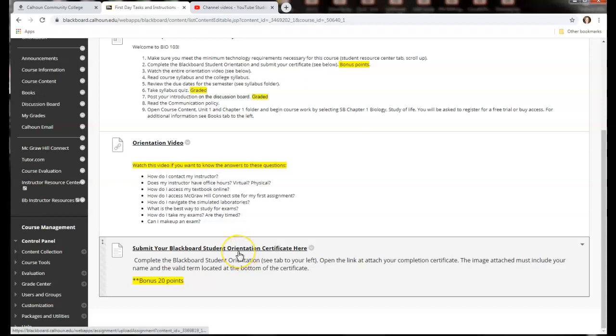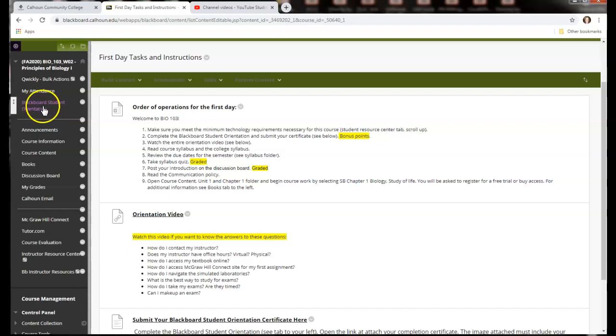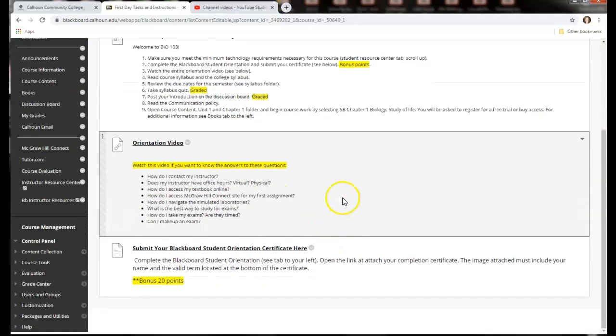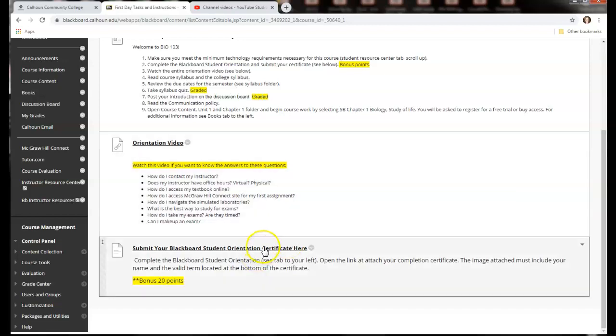This is where you're going to submit your Blackboard Student Orientation Certificate. Up here is this little course that the IT and distance learning department have put together. It walks you through how to post in a discussion board, how to attach a Word document to an assignment. It gives you some good information, and it has 2 different platforms, whether you're doing a Mac or a regular PC computer, so it does separate it out. Once you complete the course, you only have to do it once. So if you have 5 online classes, you only have to do it once. Just save the certificate and then upload the certificate here.